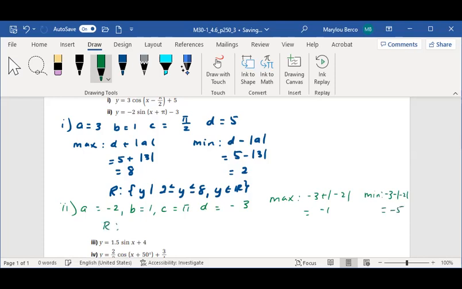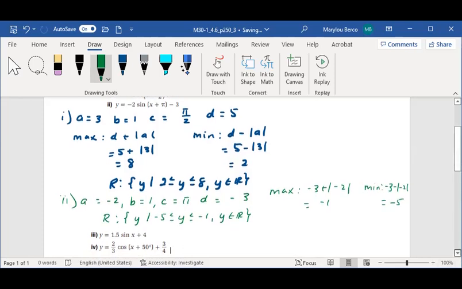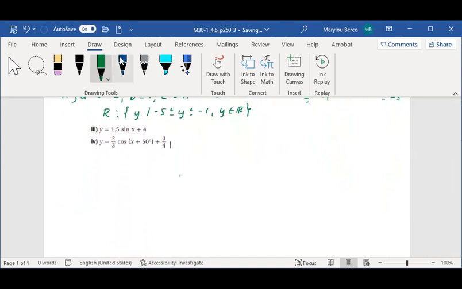So the range is y such that -5 is less than or equal to y is less than or equal to -1. Y is an element of all real numbers. Okay, 3. Kind of get the hang of it now, right? Okay,